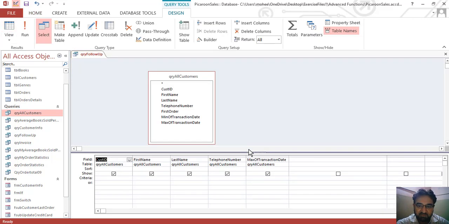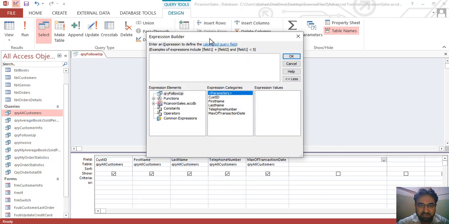Go to the design view and write your expression, the DateAdd function, but I don't write it here, I want to write it in the expression builder. If I click here, the expression builder will light up.